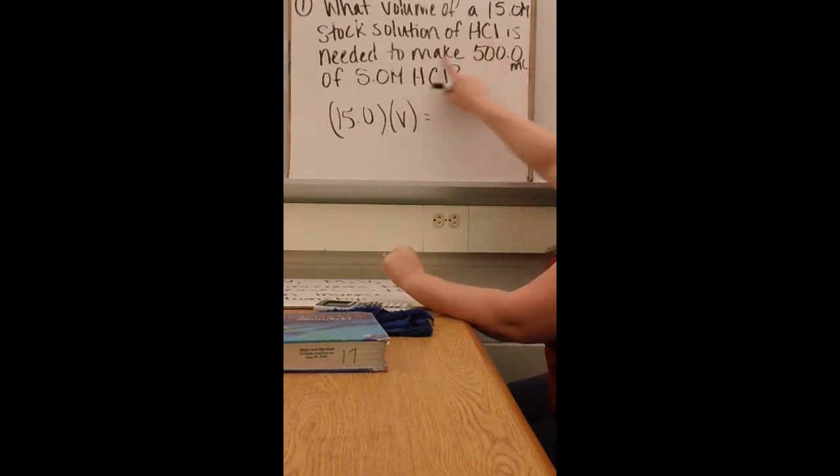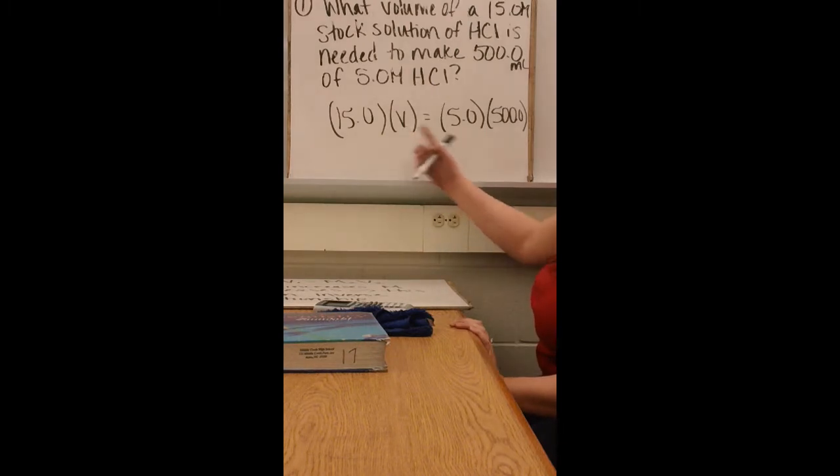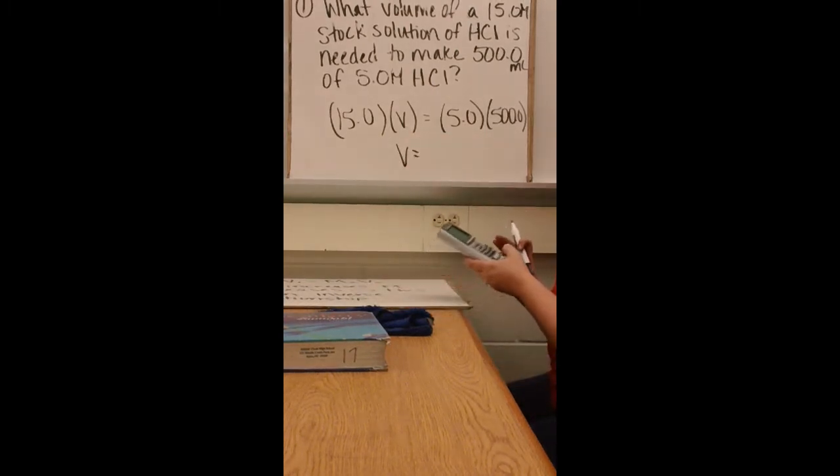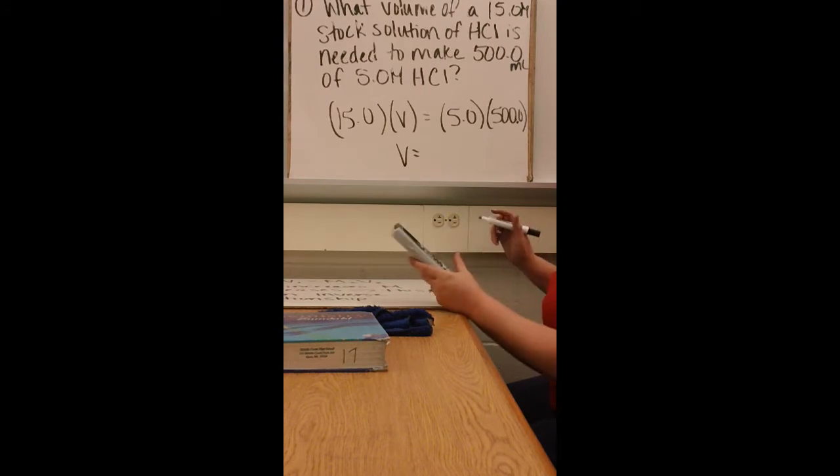So what volume do we need to make 500 milliliters of a 5 molar solution? So we know that our new concentration is 5, and the volume that we want is 500 milliliters. Now the units for volume here can be milliliters or liters. It doesn't matter as long as they are both the same. And so then we solve for our volume. So we have 5 times 500 divided by 15